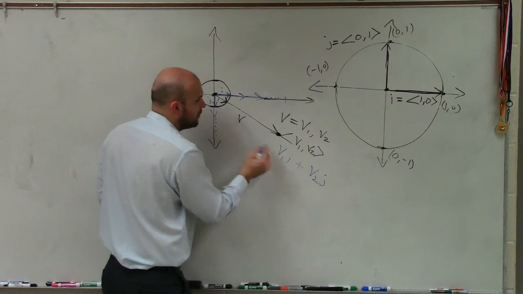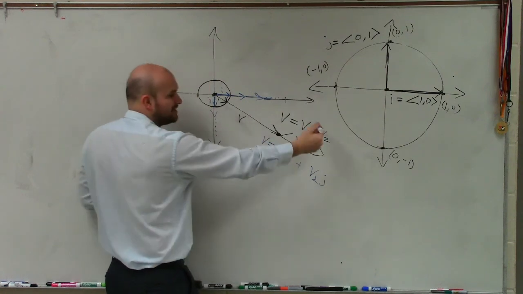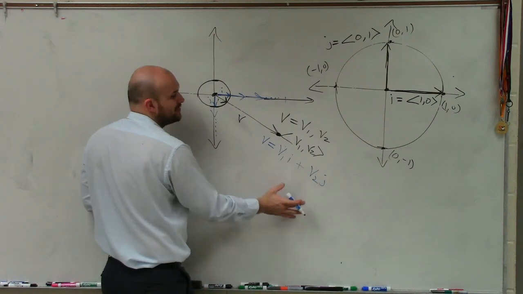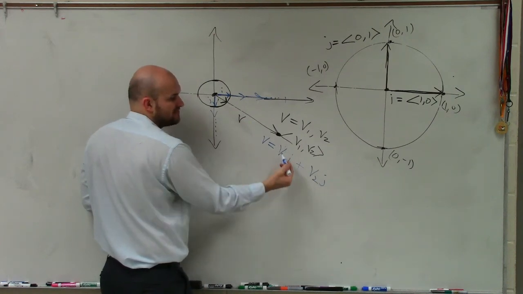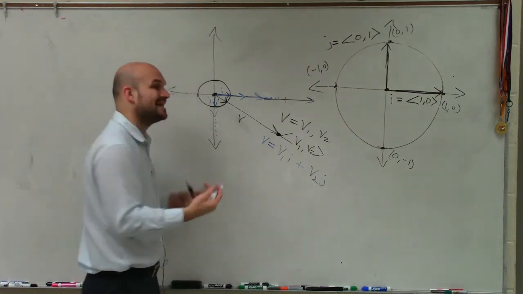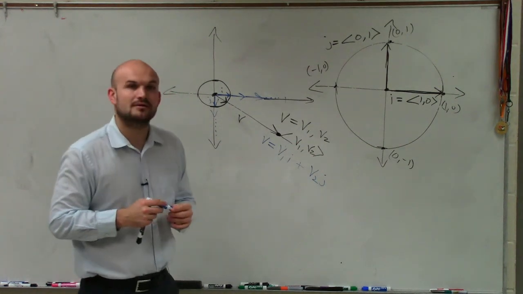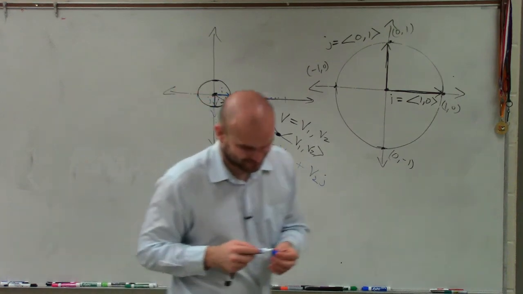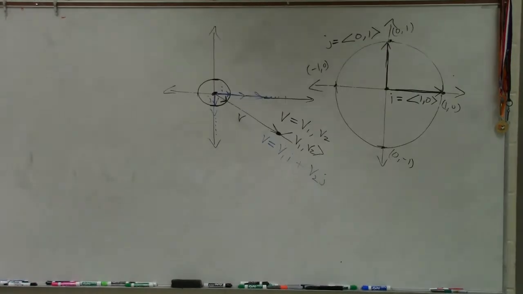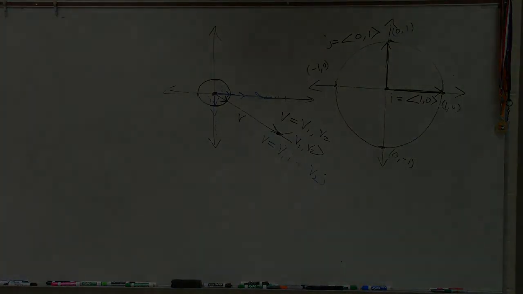v2j. So we can represent v not only in component form, but we can write it as a linear combination of the standard units i and j, where it's just v1i plus v2j coming from our component form. And that is what your standard unit vector is going to be. Now, it might make a little more sense, so let's do